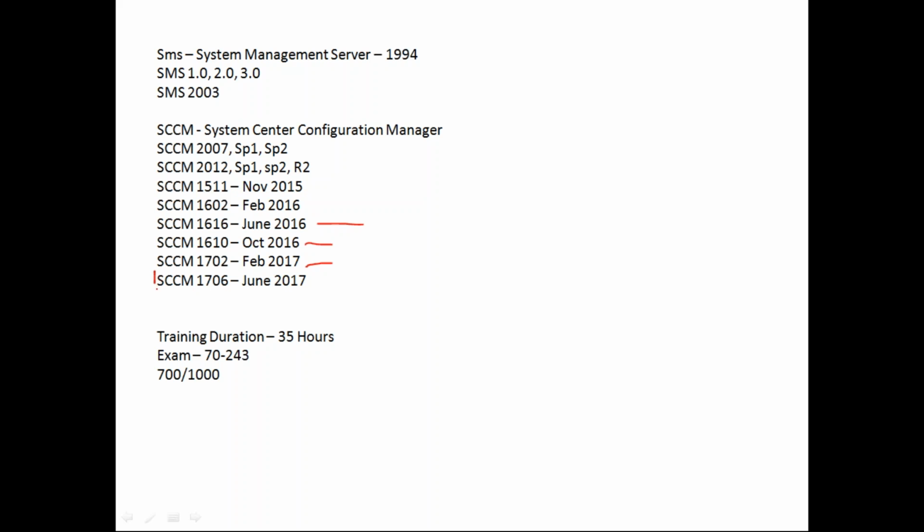And this is the current branch, the latest updated one, which was released in June 2017. But now it is available to upgrade on all the SCCM consoles. So this is the historical background of SCCM, when it was started and what the current branch of SCCM is. Now the training duration is 35 hours,